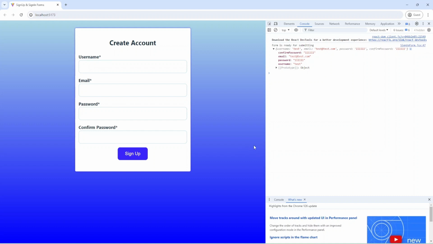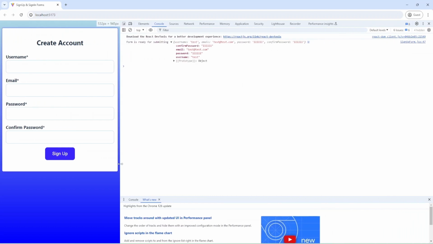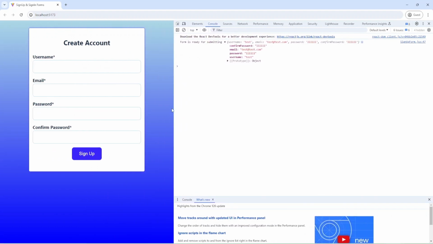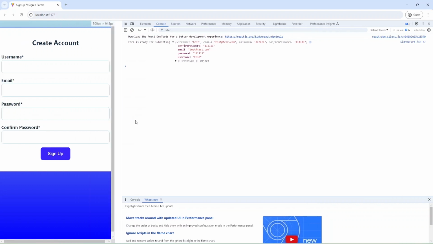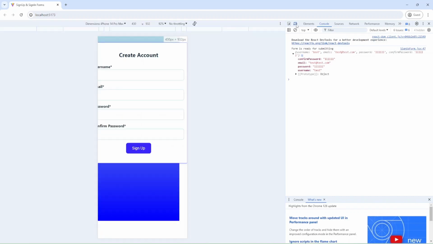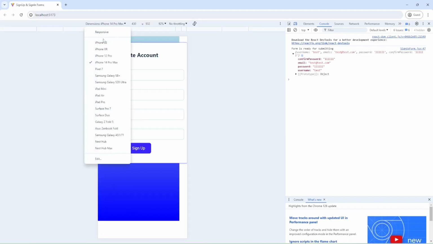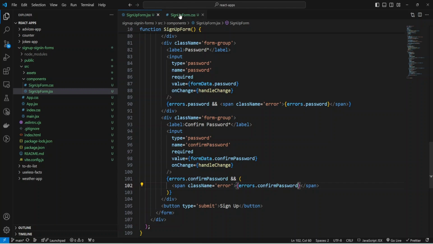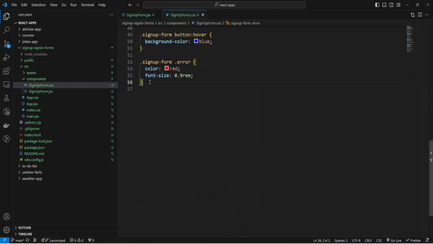One more thing that I would add is styles for small devices, because as you can see, we have this scroll, and I'm going to change it to some phone, and this doesn't look good. Let me add styles for small devices.